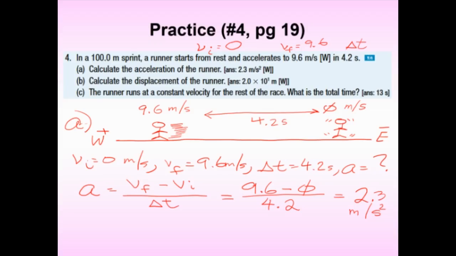Okay, question B. Calculate the displacement, or not really displacement, the distance. Exactly. We're going to make everything scalar. Now, here's my question to you, everyone. At the beginning of the problem, how many numbers did we know? 3. We know this, we know that, we know that. Now we know how many? We actually know 4 kinematic pieces of information about the problem. What does that mean? Technically, you have how many equations you can use? 4. Why? Because 4 of them have